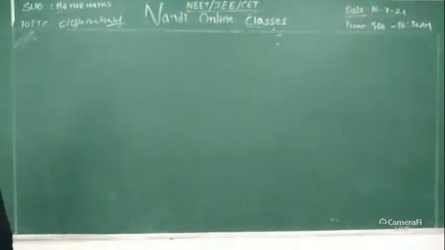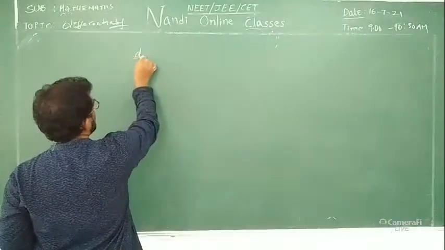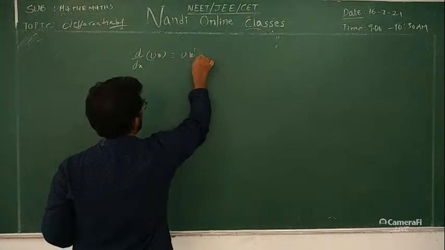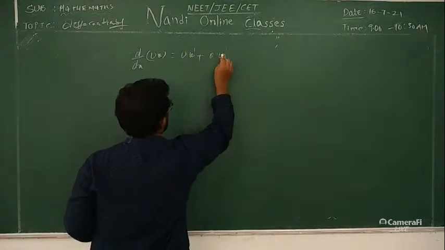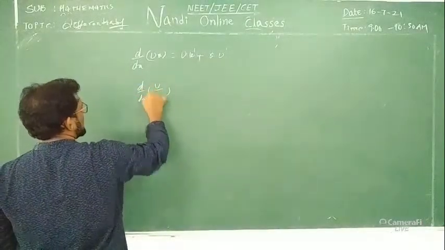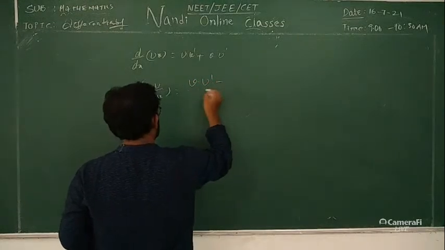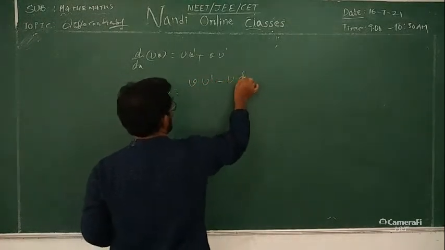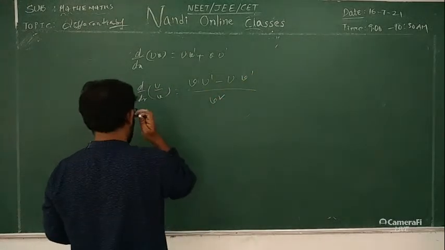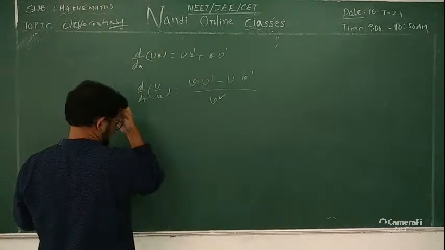Okay, the important things are: derivative of u v, which is u into derivative of v and v into derivative of u, and derivative of u by v, which is v into derivative of u minus u into derivative of v, divided by v square. And next,